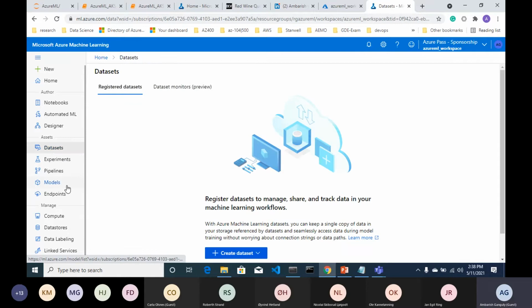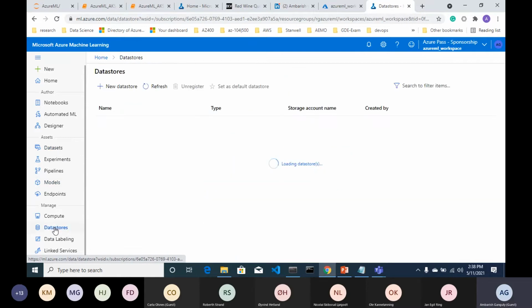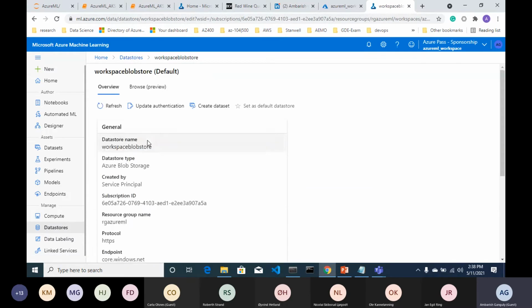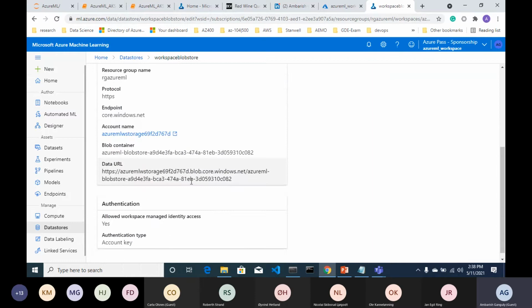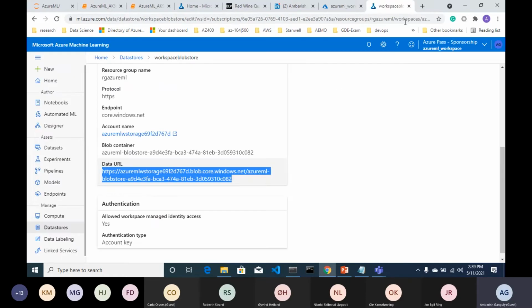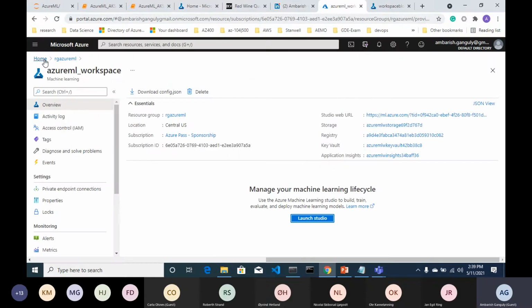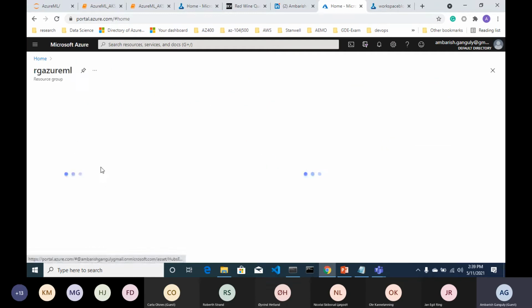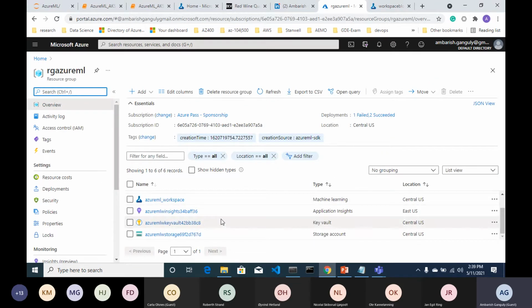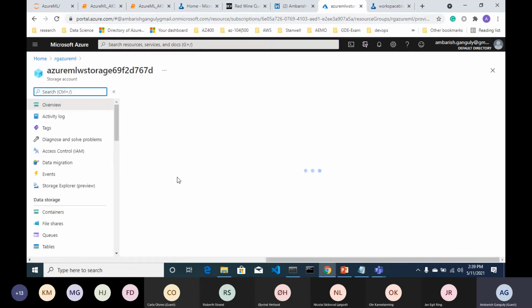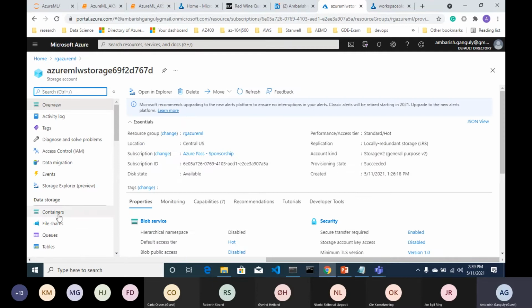Okay, no, it's not there. We upload it into the data stores here. So this is a default data store, and if I go into this data store, let me go back to the portal, that becomes easier. Let me show you where it has done. So this is the storage account, and within that, this is the default data store, and in the containers,